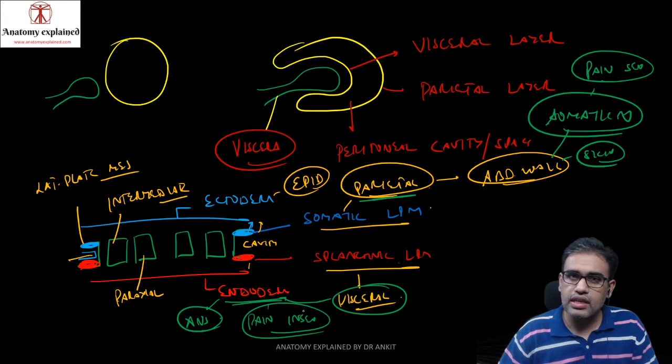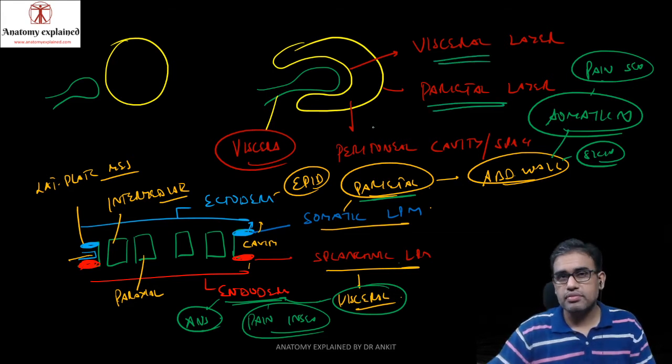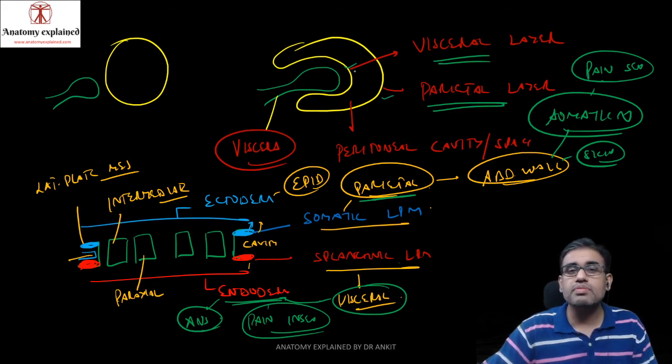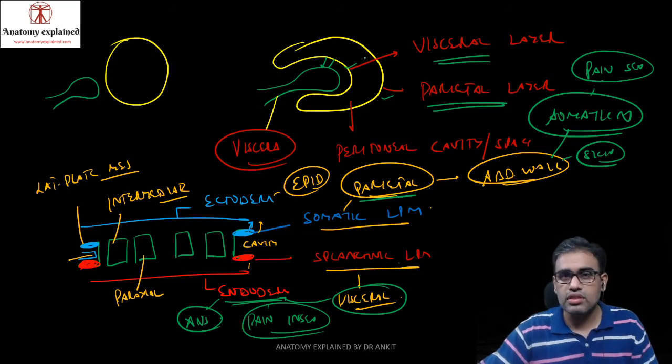So embryologically, these two layers, the outer parietal and the inner visceral layer, are different. Although they are coming from the mesoderm, one is coming from the somatic layer, one is coming from the splanchnic layer. So one has adjusted itself to the environment of the viscera. One has adjusted itself to the environment which is just around it, that is the wall, that is the ectodermal derivative. So this is the basic difference of these two.